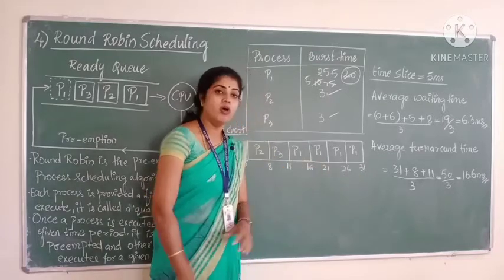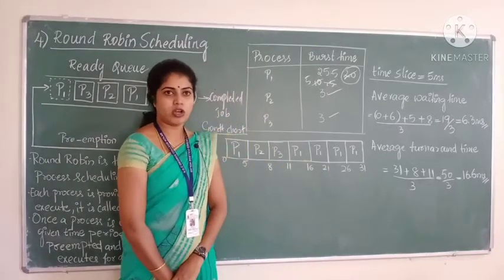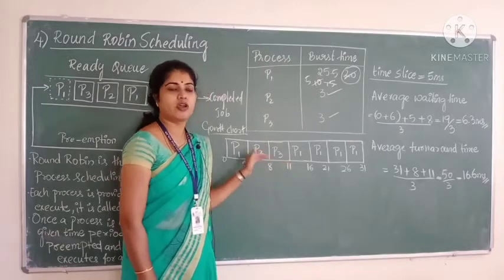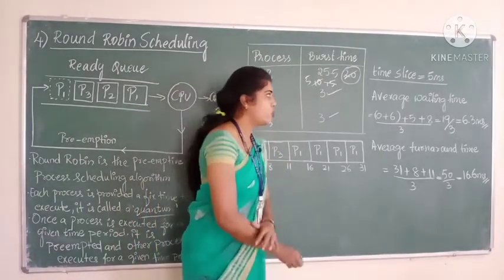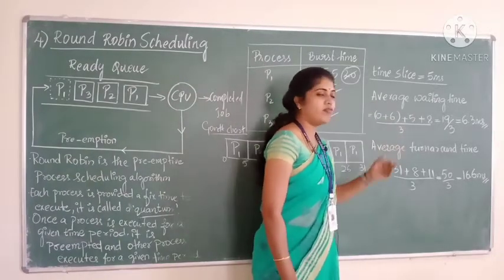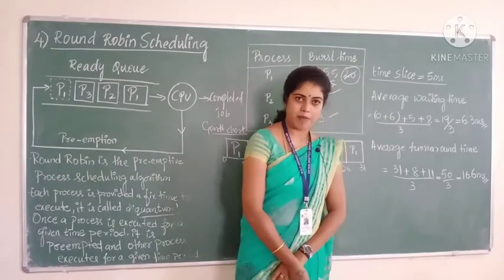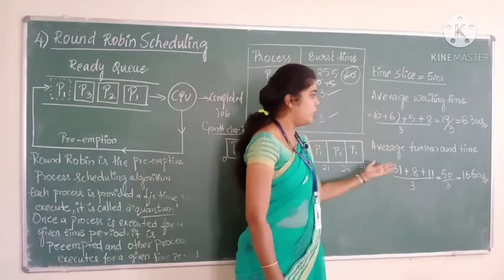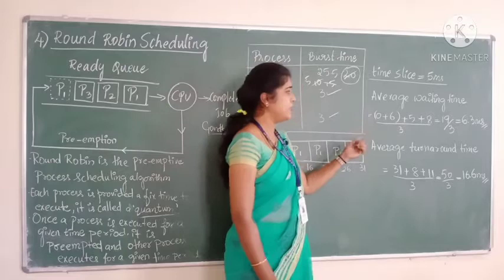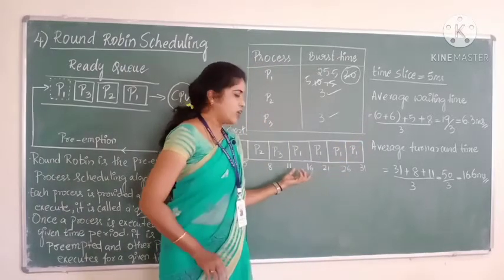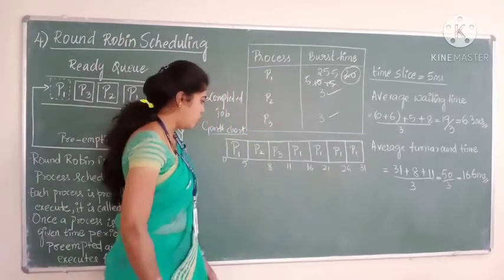So this is the way that, by using the round robin scheduling algorithm, the Gantt chart will be written. Okay, and now as usual, you will be calculating the average waiting time and average turnaround time, and the formulas are all the same. To calculate waiting time and to calculate turnaround time, the formulas are all the same. But here a little working is there, you have to understand how to calculate.